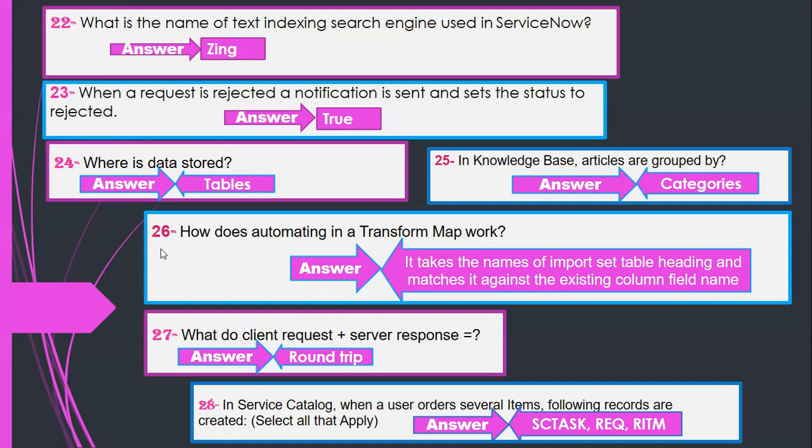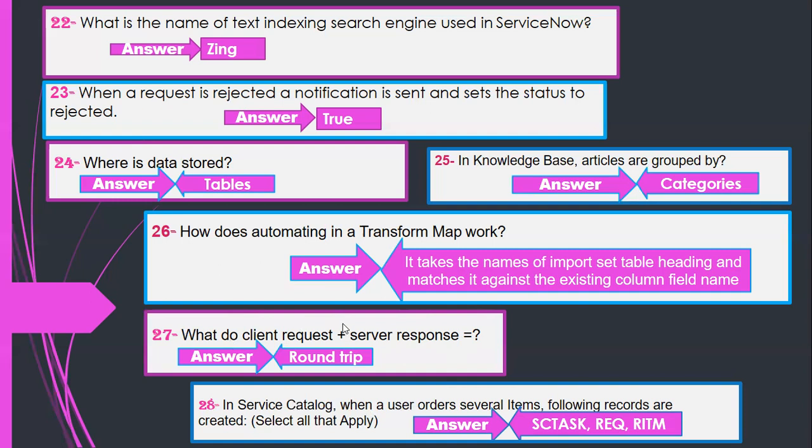Question number 26: how does auto-mapping work in a transform map? It takes the name of the import set table heading and matches it against the existing column field name. So that is how it's mapping. Question number 27: what do client request plus server response equal to? It's a round trip, correct?